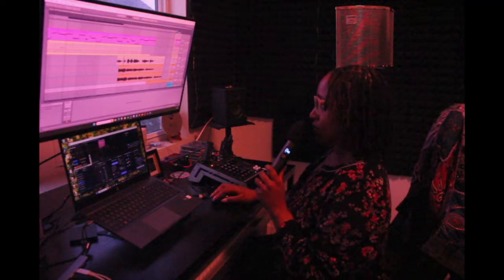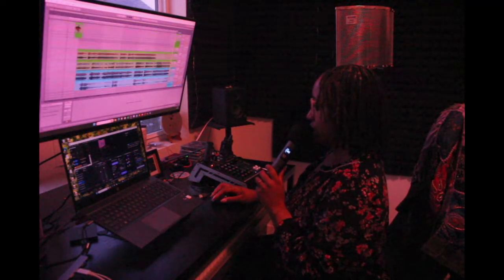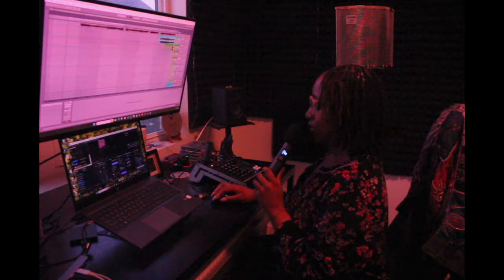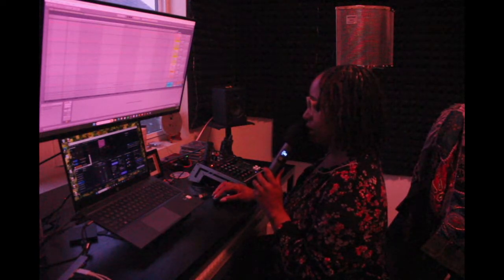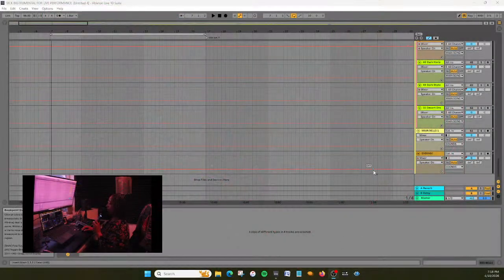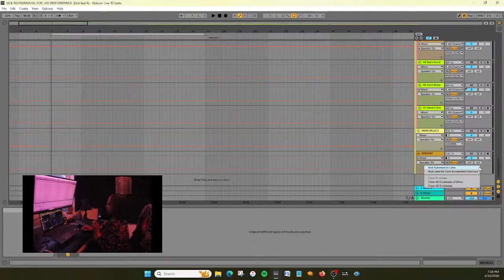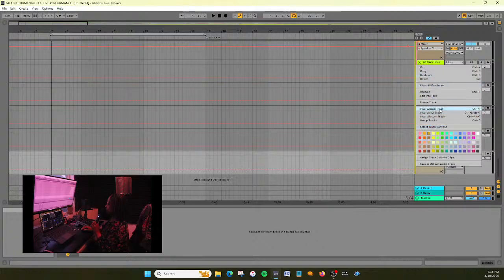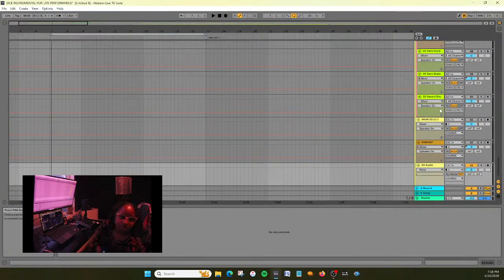And then let's see, because I have it going through my interface, I hope that I can. Here, let's put my desktop up. I hope that I can record into Ableton through the mixer, if that makes sense. So, what do I want to do? Let's add audio track. Let's make sure you can see. Let's add an audio track and